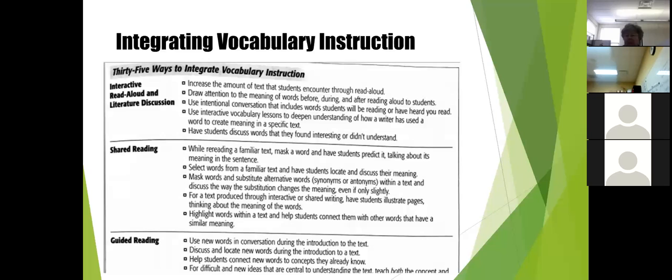This is a document in your intervention bank. Remember, any one of these strategies can be used in large group or in small groups as an intervention, but keep in mind vocabulary instruction should occur during all of your vast reading and writing opportunities throughout the day.